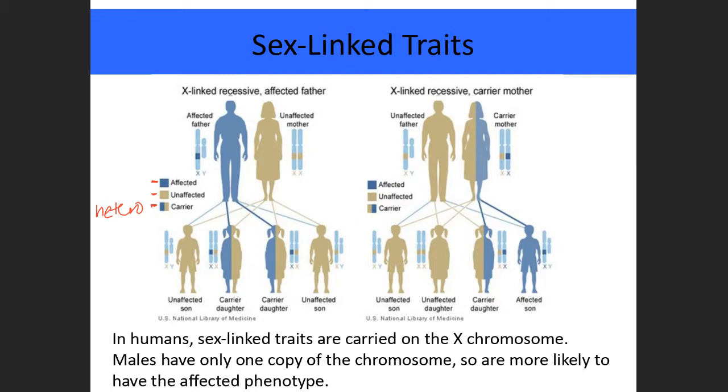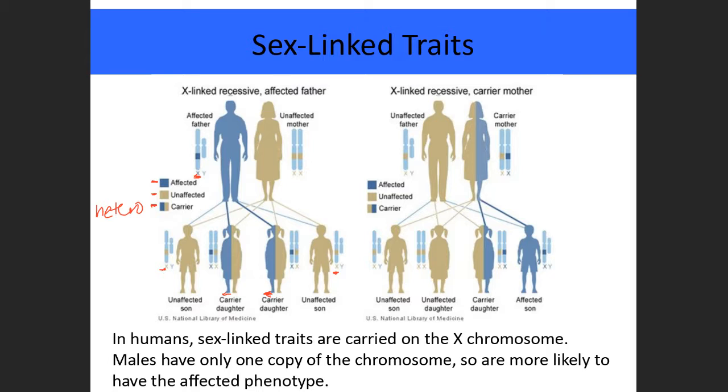So here we have a father who's showing the trait. Let's say this is hemophilia, and the mother's unaffected. So to his daughters, it's on his X chromosome. That is the only X that he can give, an X that has this trait. So to his daughters, he's giving this hemophilia gene. The mom, however, is unaffected, so she's giving everybody a normal X, which means her sons are unaffected. They got a Y from their dad, they got a normal X from their mom. This son over here on the right got a normal X from his mom. The girls both got normal X's from their mom, but they also got that carrier, that mutated X from their